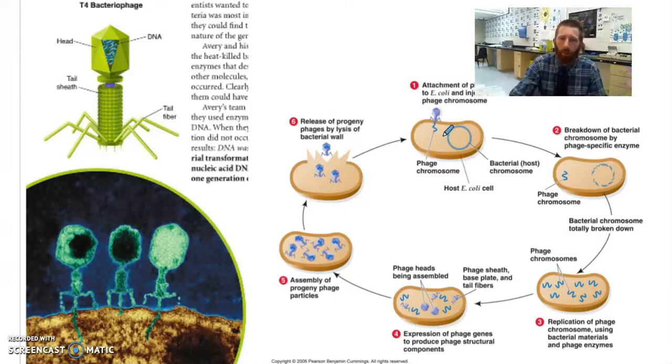They didn't know what it would inject, right? But it injects something, and that something takes over the cell. The cell doesn't behave normally. Instead of doing what cells normally do, now the cells make more viruses. So the virus transforms somehow the cell. It changes the cell into a little virus factory, and then it makes more baby viruses, and then the cell